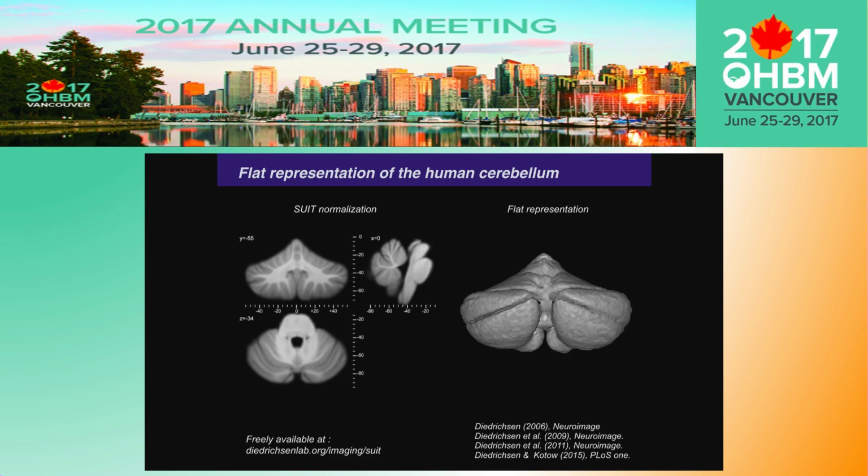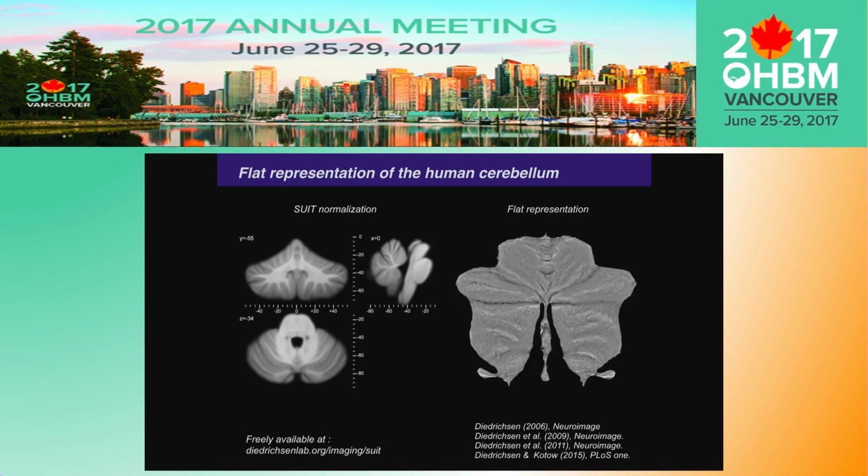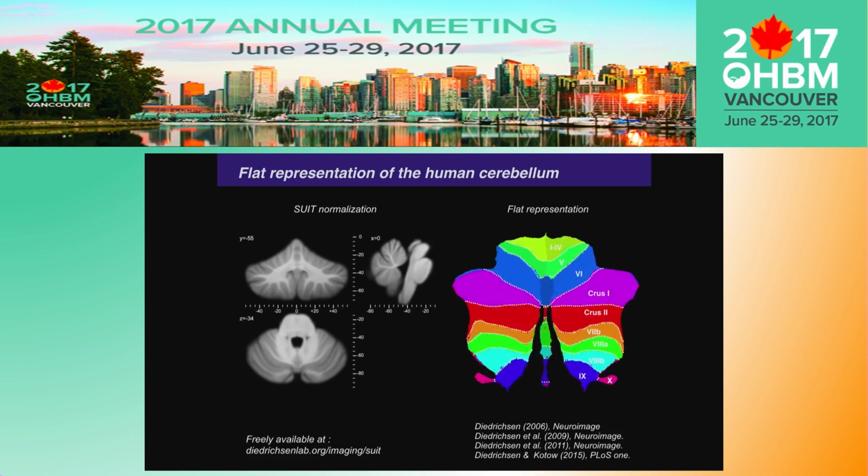We have, for example, included in this package a flat map that is just a hull of the human cerebellum that serves to visualize activity patterns in the human cerebellum, and we've also provided a probabilistic atlas that gives you the opportunity to label your data on the standard anatomical annotation in the cerebellum that comes from Larsell, which labels the cerebellum in lobules running from 1 here in the anterior cerebellum over 7, Crus 1 and Crus 2, down to lobule 10. And this is how we often think about